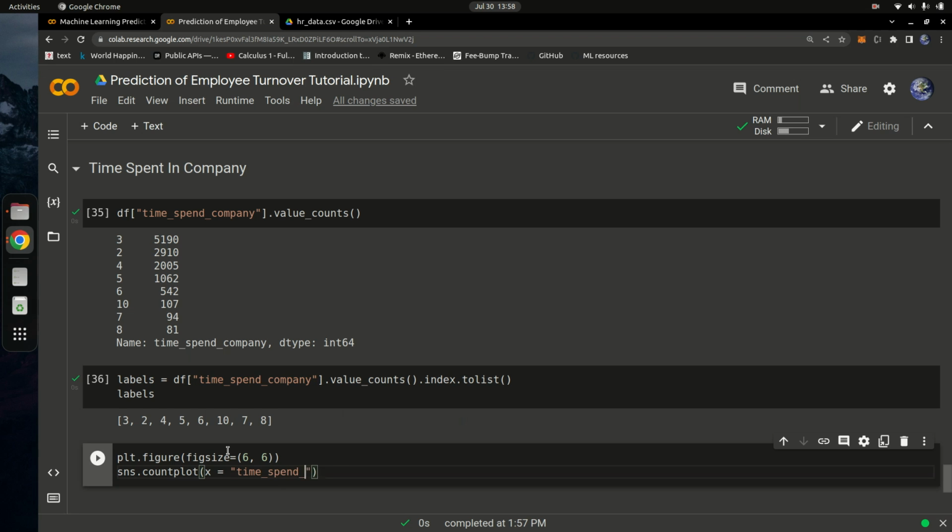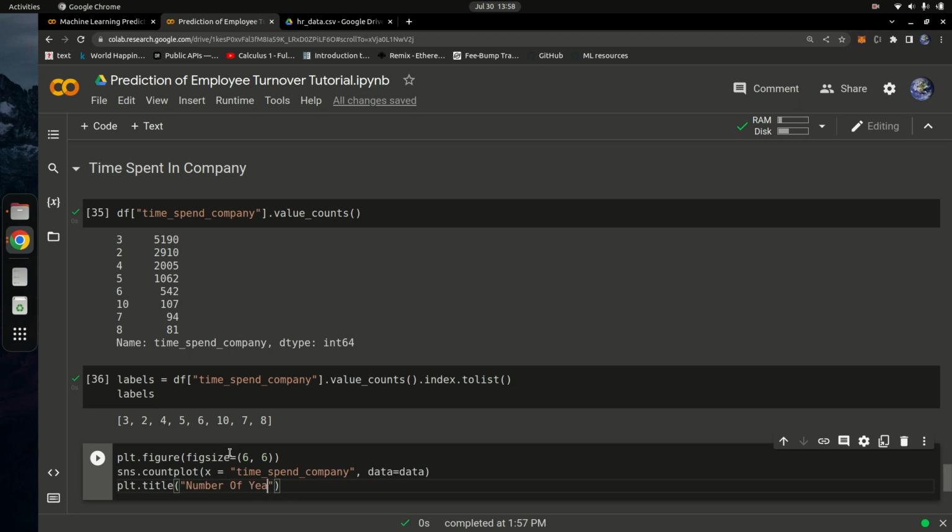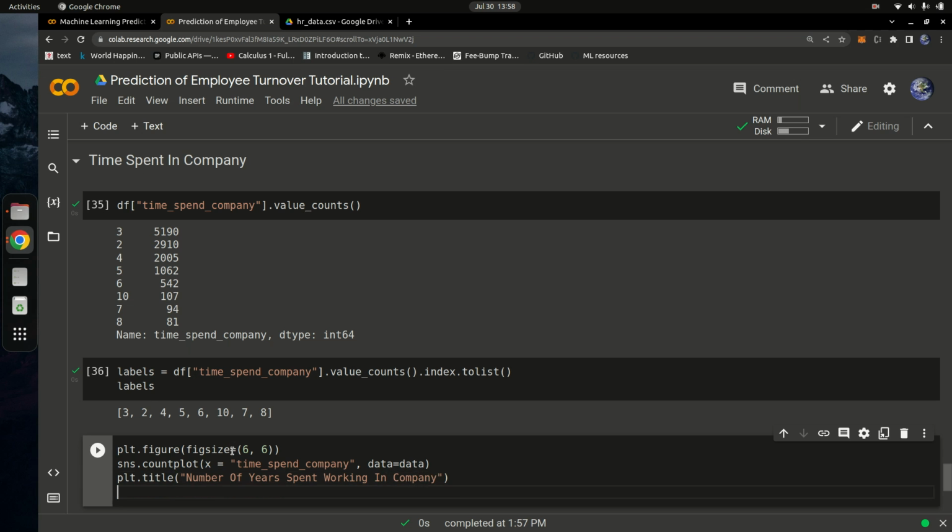So time that is spent in that company, and then I'm going to pass in the data, and the data is going to be df, right? And once I have this done, I'm simply going to say plt.title, and the title is going to be number of years spent working in the company. Okay, just like that. And once I have that, I can do a tight layout. So I'm going to do plt.tight_layout, just like this, and I'm going to do plt.show